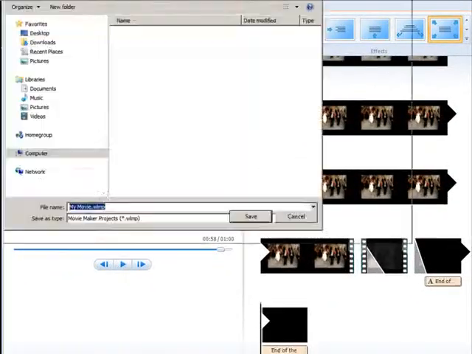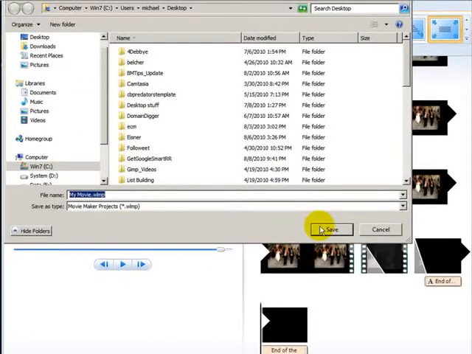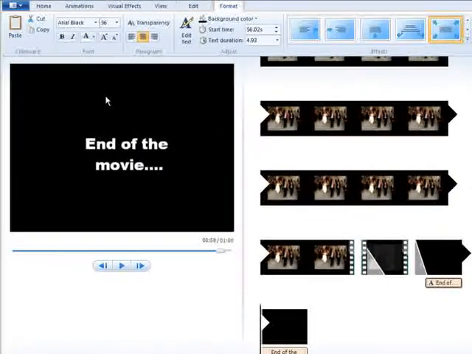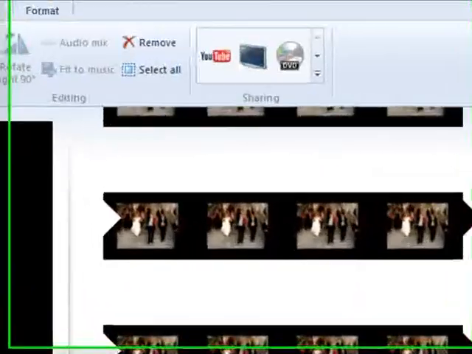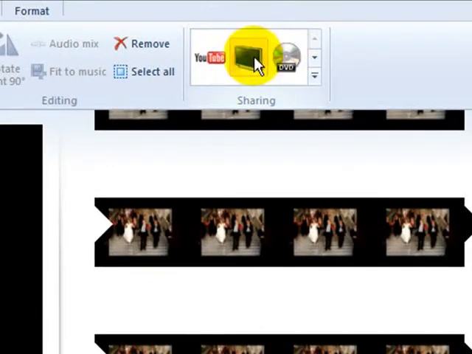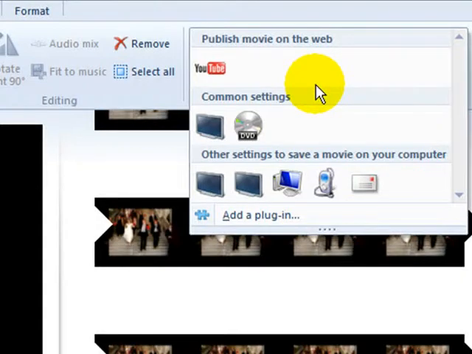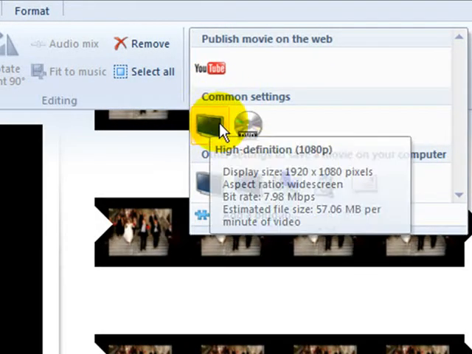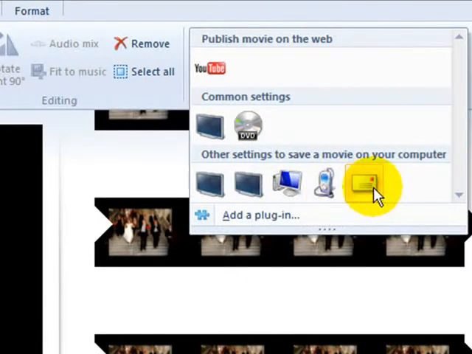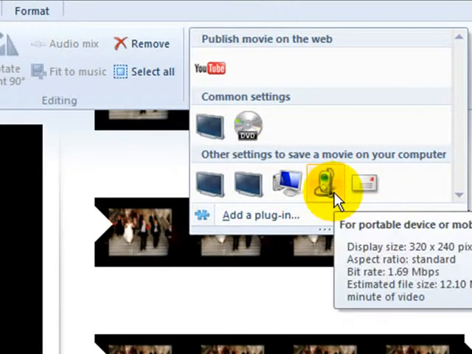Make sure that you save your work as you go through so that you don't end up losing it. Once you have finished, now what you do is you can publish the movie. Come back to the Home tab. On the right hand side you'll see these sharing buttons. Click on this bottom drop down and it gives you options for how to save this. It will publish it automatically to YouTube. It will save it to your computer or put it on a DVD,